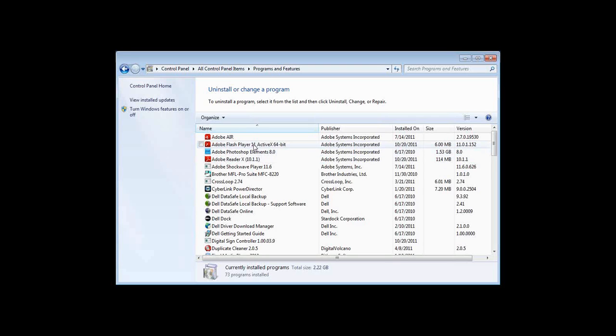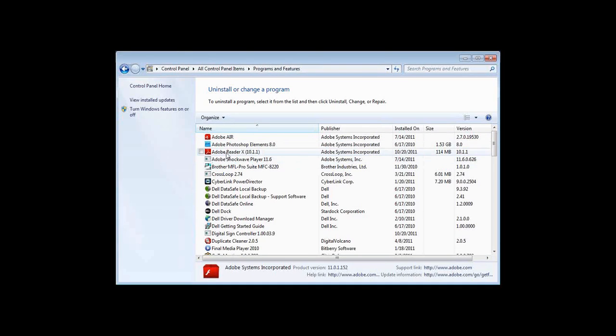Here's the example when it's installed correctly. This Adobe Flash Player 11 ActiveX 64-bit needs to be installed. The trick I found out is to actually remove this or uninstall it. If it wasn't the 64-bit, by the way, you can't see this, I'm uninstalling it now. Oops, it won't let me uninstall when digital sign controller's running. My screen is paused right now just for a second. I've just uninstalled it. So now you can see it's no longer there. The trick to get it to install until we come up with the next release is to actually find the